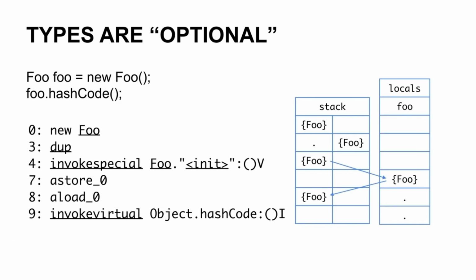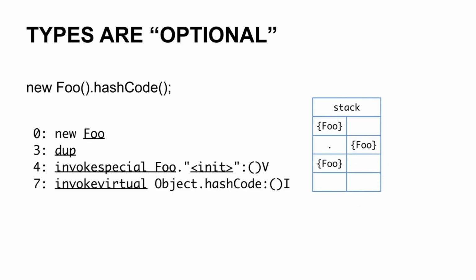Here's the example with the variable, which produces this bytecode. And we can track the variable foo from the stack to local variables and back again. But the same process applies even when the local variable doesn't exist. We have to track the values in the stack slots. We'll know that the first stack slot contains a foo, and then we'll duplicate it and it contains another foo, and then we're going to call the foo constructor,